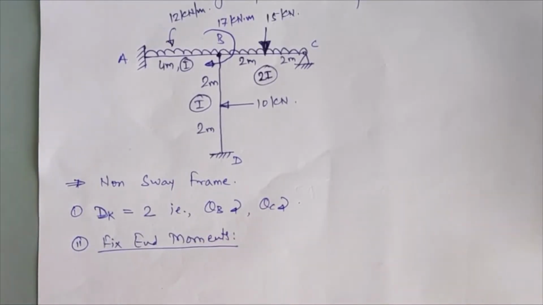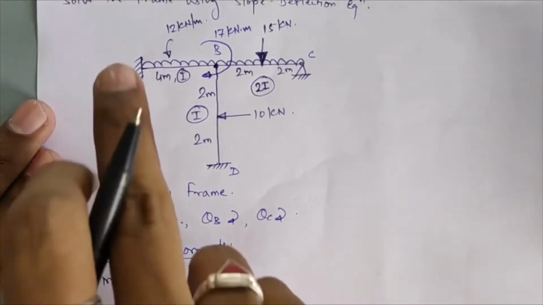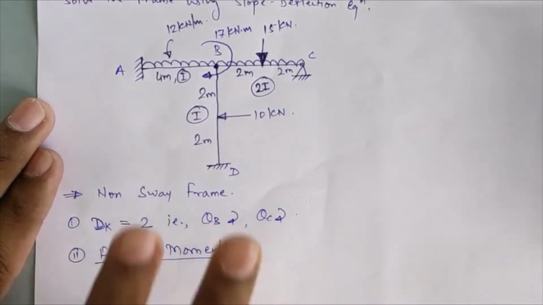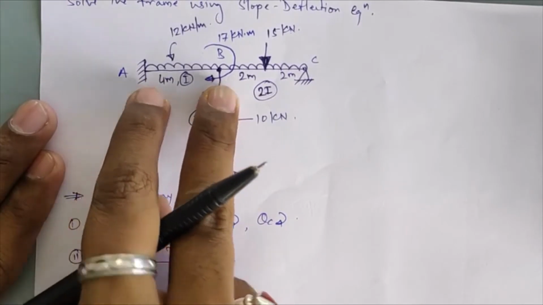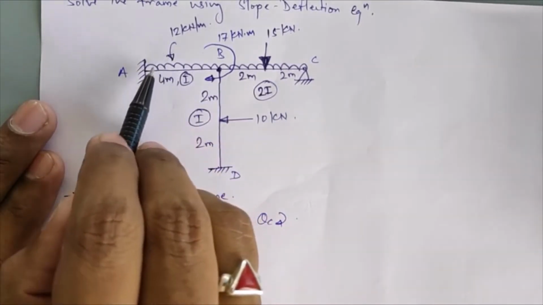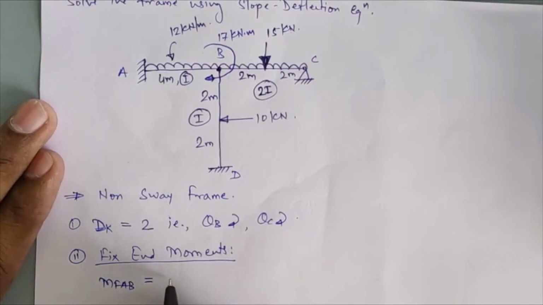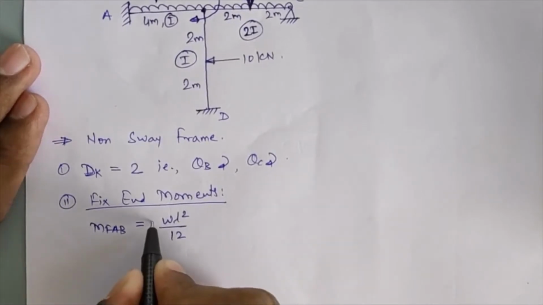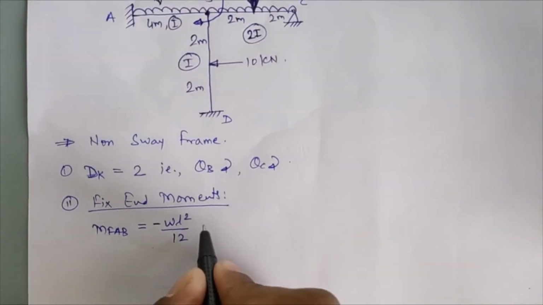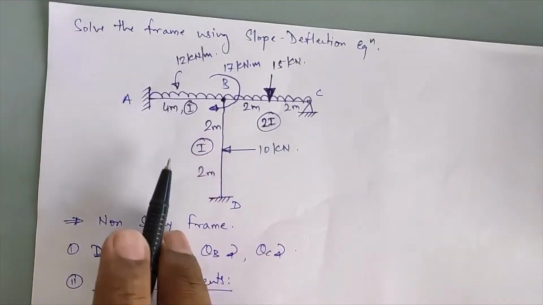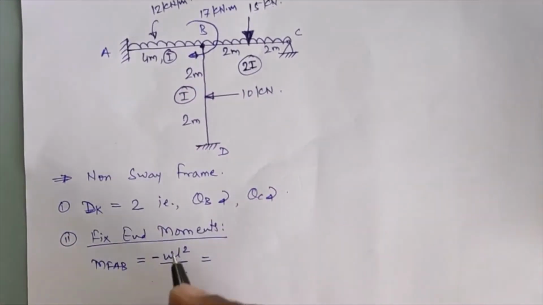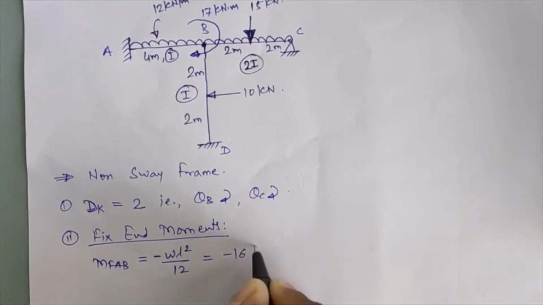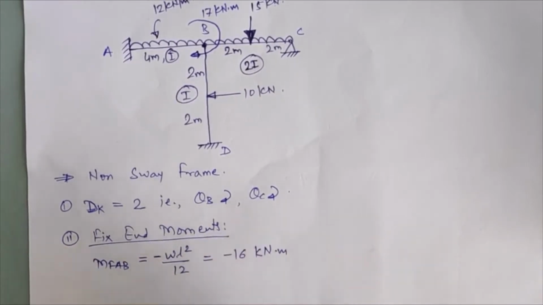For calculating the fixed end moments, initially what we do is fix all the joints, that is, joints A, B, C and D. So for the first member we will see member AB. The loading on member AB is a UDL throughout the span, so the fixed end moment will be WL square divided by 12, and the restoring moment will be anti-clockwise in nature, so it will be negative. If you substitute W equal to 12 and length of span AB equal to 4 meter, you will get this value as minus 16 kilonewton meter.